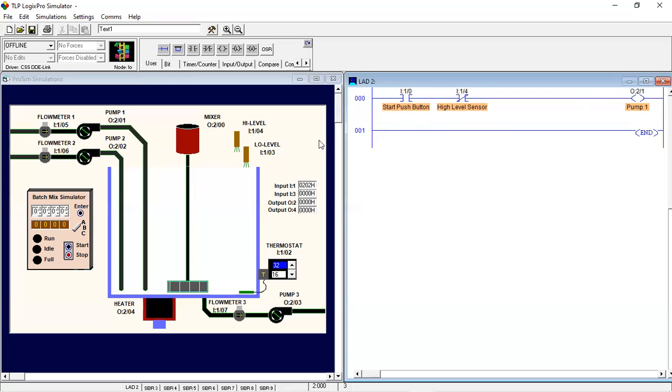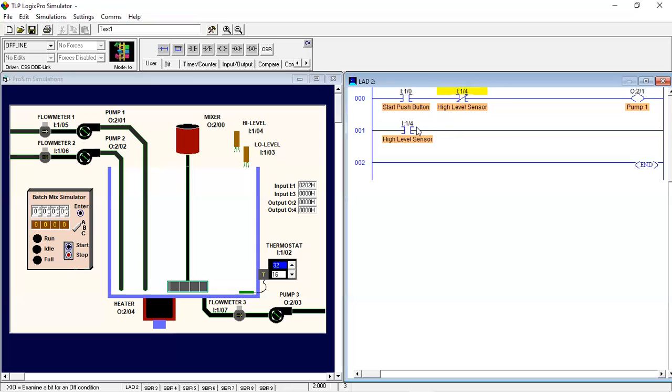Fine, and we will create a new rung next, for when our high level sensor operates.